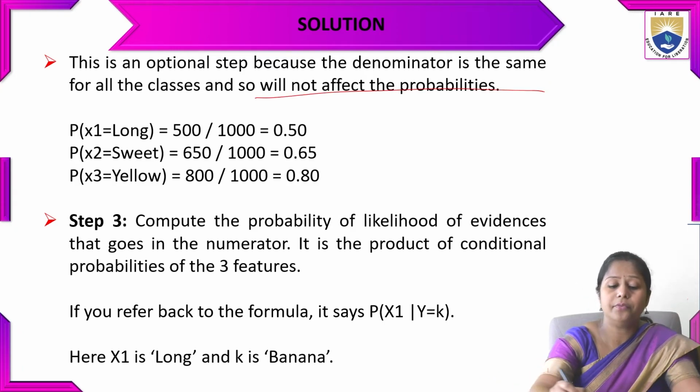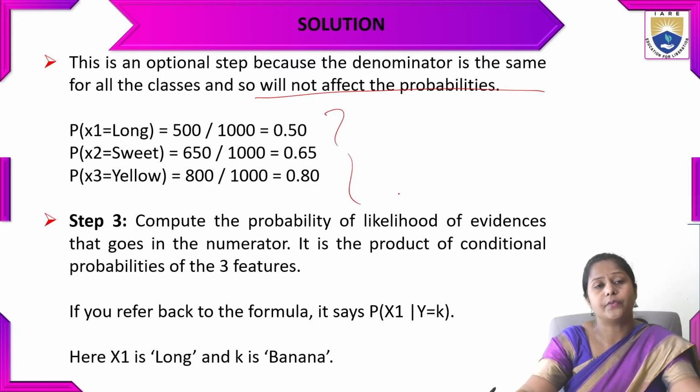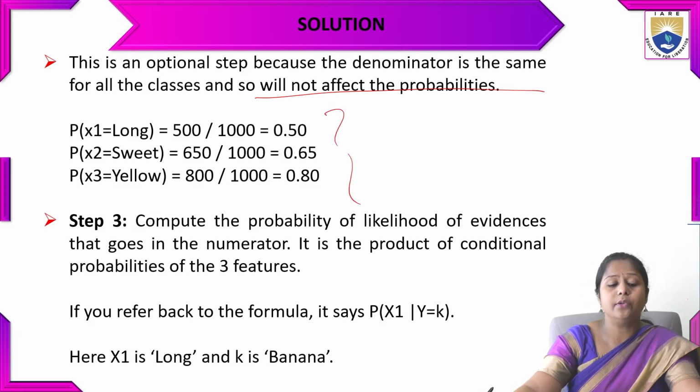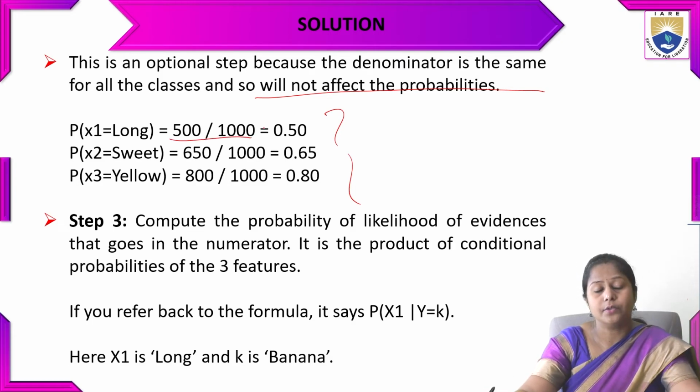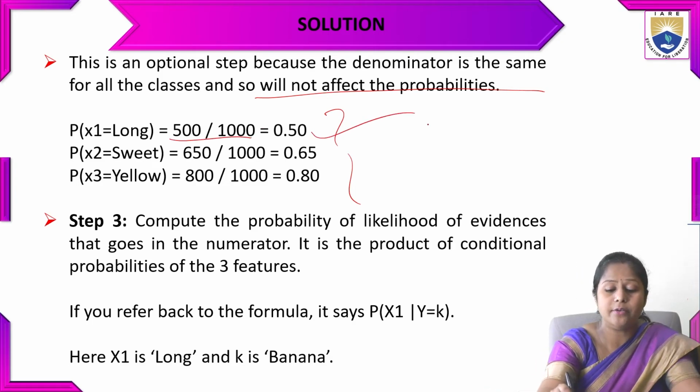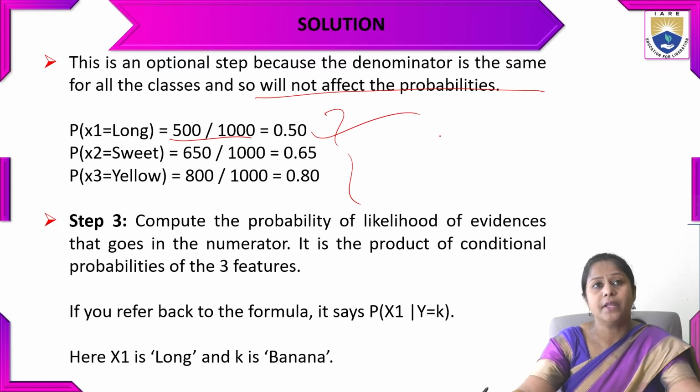So let's see how we calculate the denominator. P(x1 = long) is 500 divided by 1000, so the value comes out as 0.50. P(x2 = sweet) is 650 divided by 1000, so 0.65. Now P(x3 = yellow)